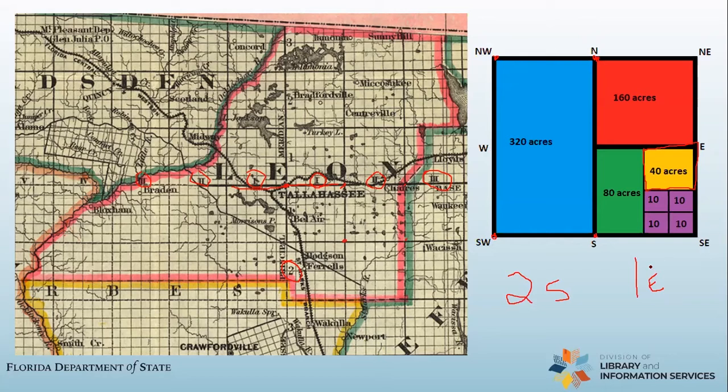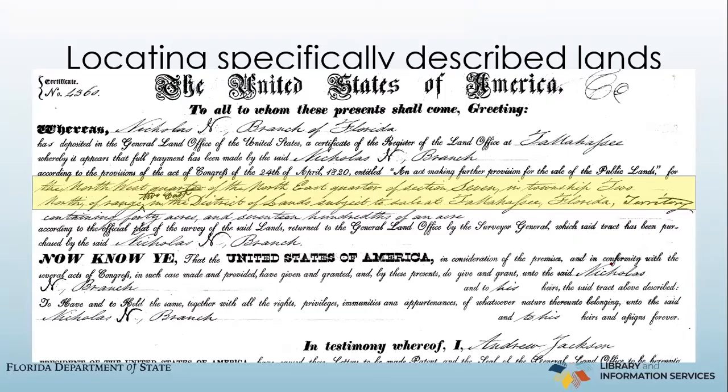So if I'm looking at something in 1 east, then that means that I'm going to be looking in this tier right here. So Township 2 south, 1 east, this is the block of land right here. This is the block of land that I'm talking about, that piece. So let's take it one step farther. Let's just use the parcel that we started out with as an example. Let's say that I wanted to locate exactly where in real space this piece of land is.